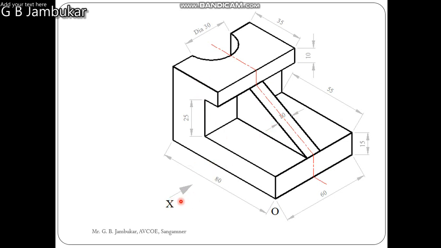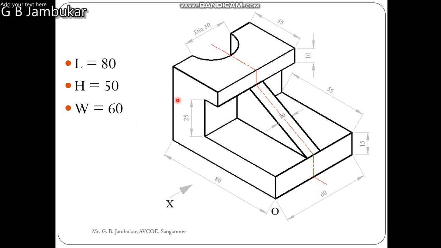So if it is the x direction to draw the front view, this 80 will be the length of an object. Now the height of the object is not given directly, so we have to measure it. 15 and 25, here is 25, then this height is given over here, so reach that point through this line, so 10. So 15 plus 25 plus 10, total is 50. Height of the object is 50, which is not given directly. Then width of the object is 60 according to the direction to observe the side view and top view. So these three dimensions are finalized after reading the object.